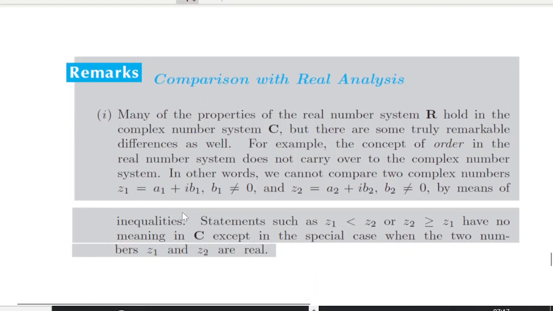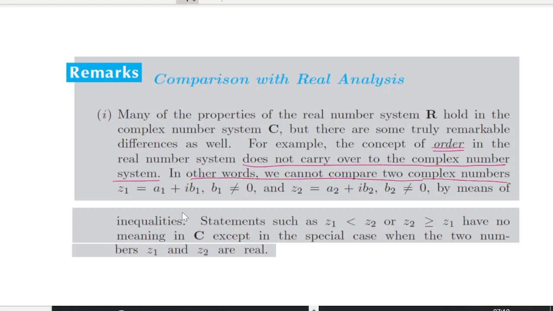See, many of the properties of the real number system hold in the complex number system C, but there are some truly remarkable differences as well. For example, the concept of order. When we say comparison, we are making some order, right? So the order in the real number system does not carry over to the complex number system. In other words, we cannot compare